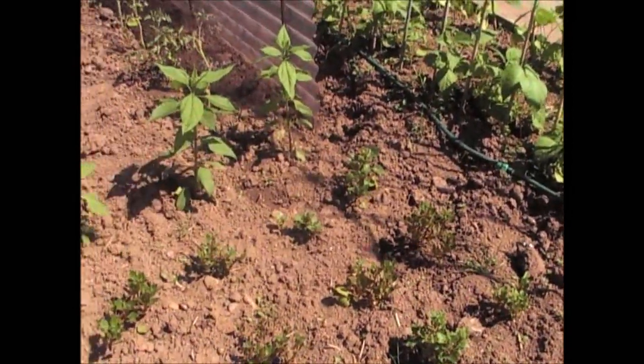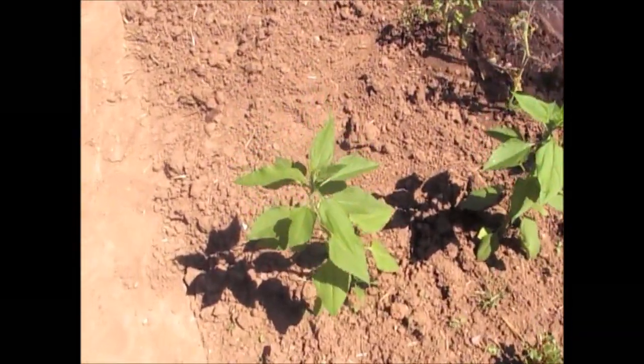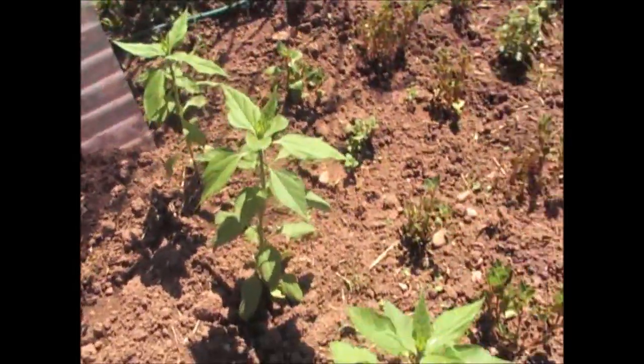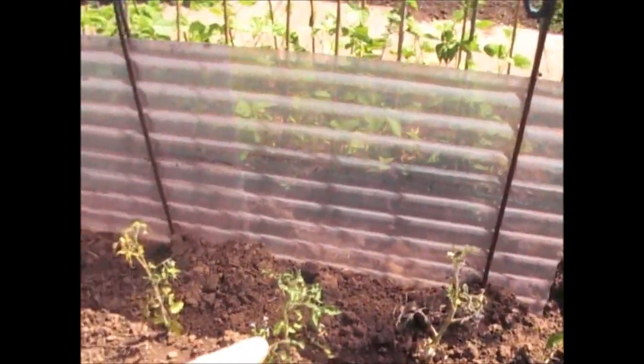That's the Acullo, which has grown quite nicely there. That's really establishing itself. And then we've got the Yacon from Jason and Tina, which is starting to throw out little side shoots. And then I've got some